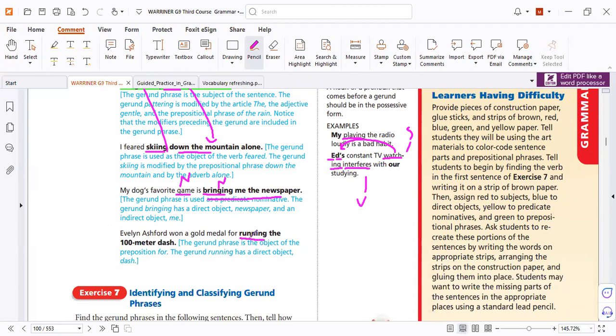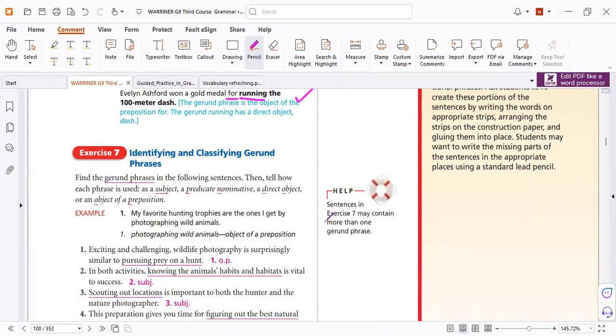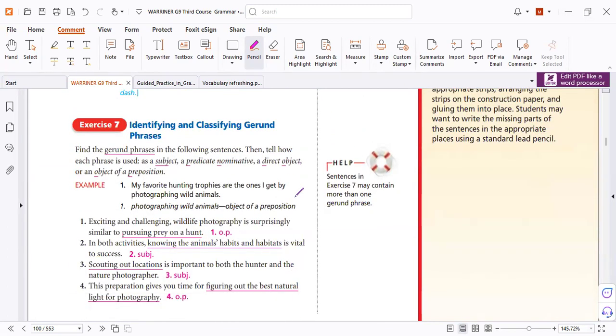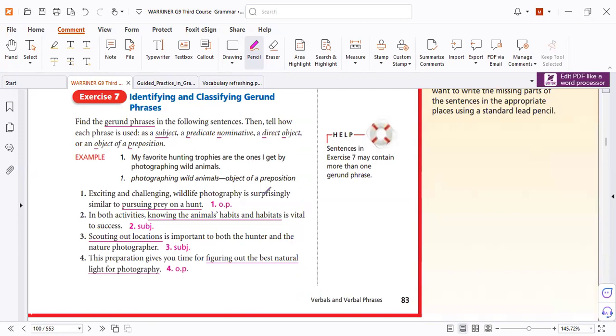All right. Now verb plus ing after a preposition. Correct. That we call in English a gerund phrase. Now we need to test you. Why is this a gerund? Because it comes after a preposition. Why is it a gerund phrase? Because it works as a subject. Why is it a gerund? Because it's the subject for the verb. Why is it a gerund? Because it comes after a preposition and we call it the object of the preposition. That's it.